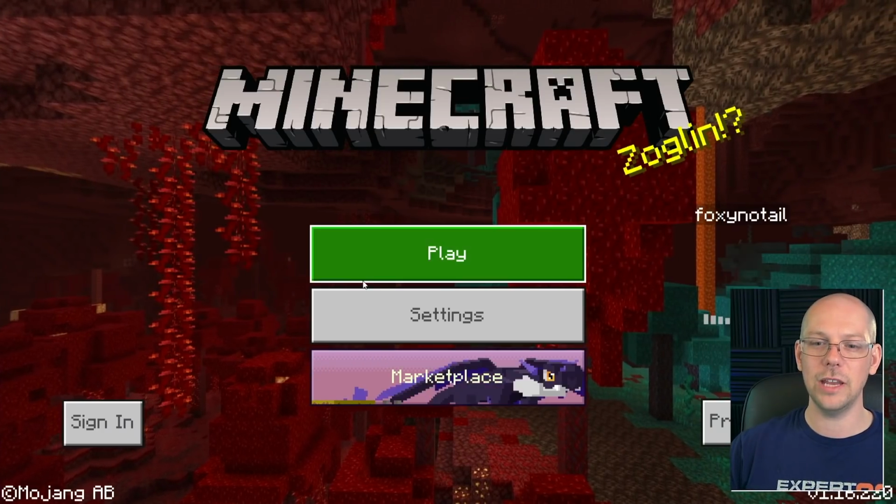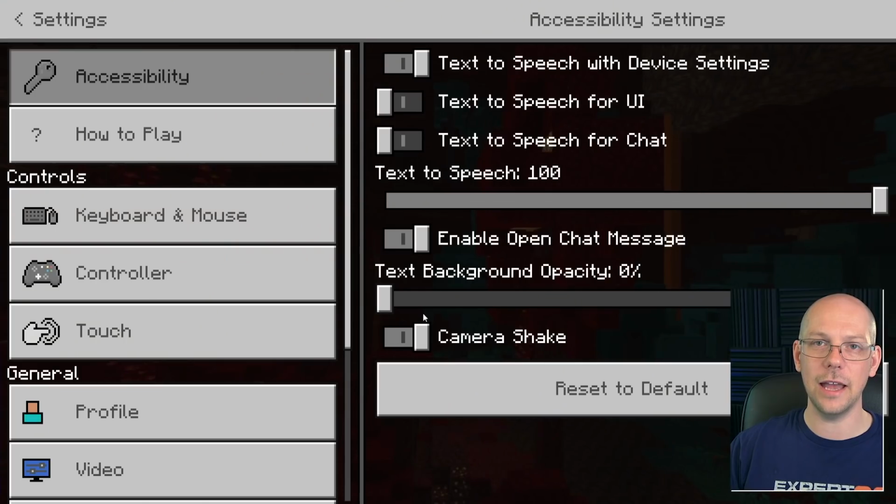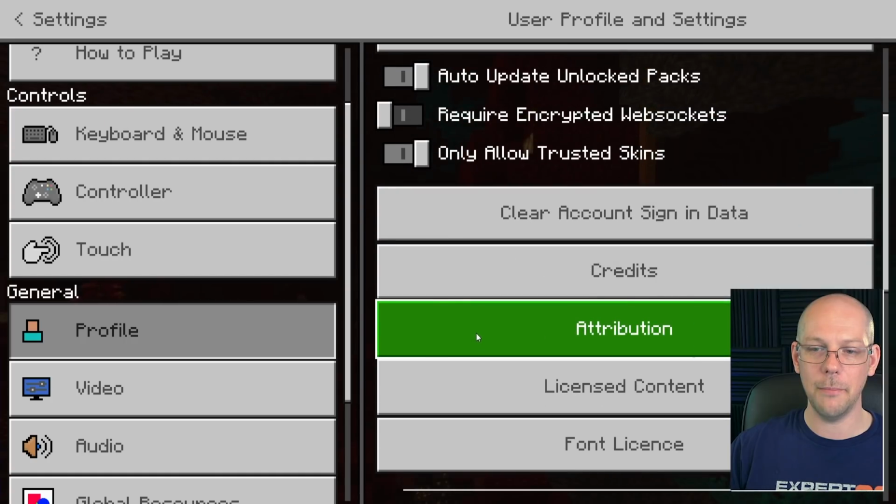So I'm going to launch Minecraft and add this pack to a brand new world, and you will see that we will get some errors, which is absolutely fine. I'm expecting to because we're not finished. So first of all, before I start anything, I'm going to go to settings and profile and make sure